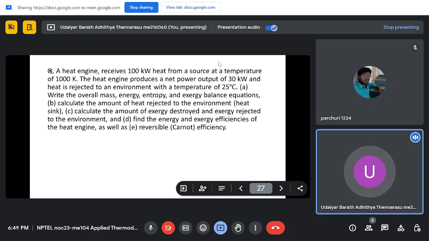So a heat engine receives 100 kilowatt heat from a source at a temperature. We are operating a heat engine. So the source is at 1000 Kelvin and it receives 100 kilowatt heat. So Q in is 100 kilowatt. It's producing 30 kilowatt work. So that is known, and it is rejecting it to an environment which is at a temperature of 25 degrees Celsius. So that is the sink temperature, the amount of heat you are getting and the amount of